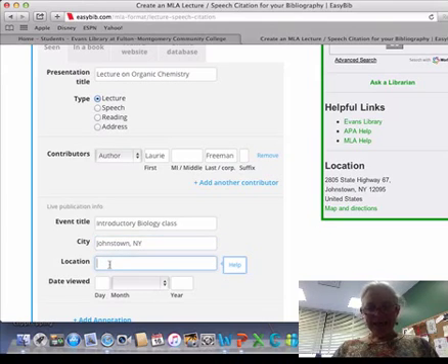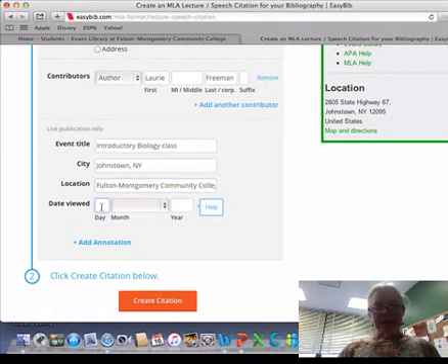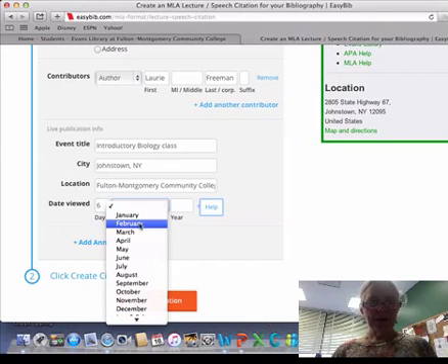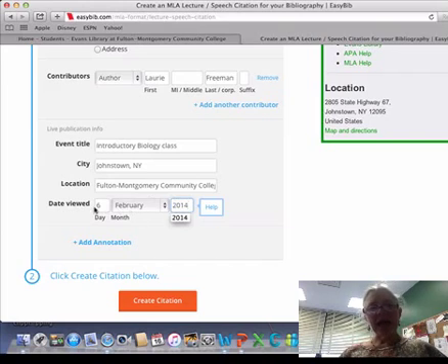And the place that it's located. So this would be Fulton Montgomery Community College. Oh, you can see I typed that once before, so it's all typed out once you start typing. And then what day was that on? Well, let's say that that was the 6th of February in 2014. So something like that. You put on the actual date that you heard that lecture. Once you've done that, you punch this Create Citation, the big orange button at the bottom, and